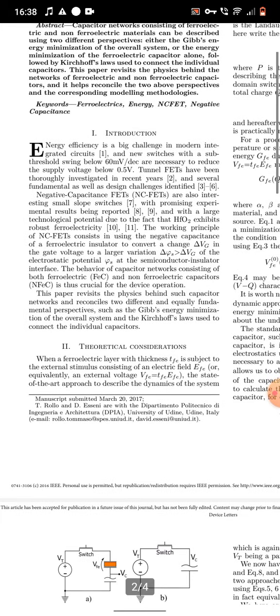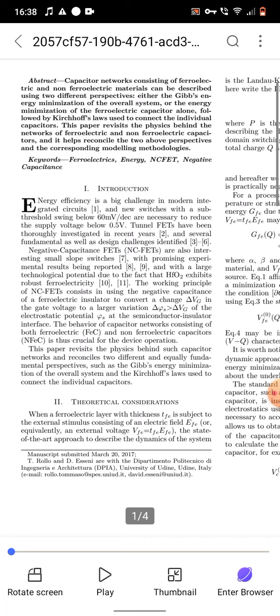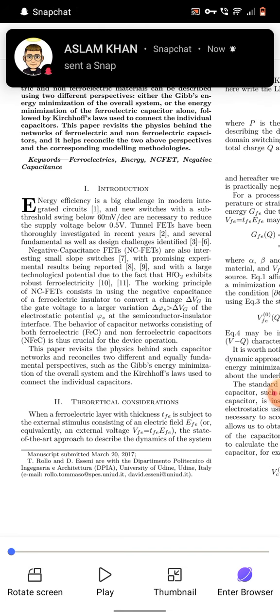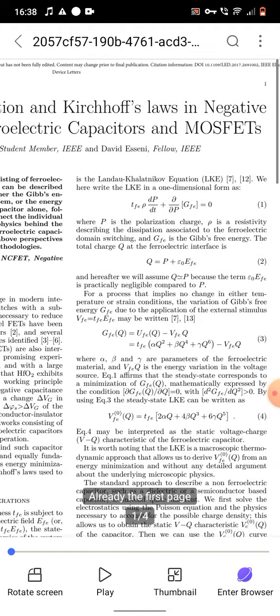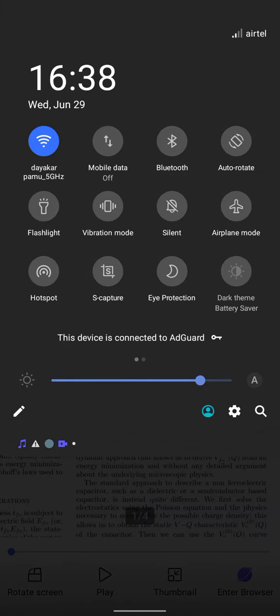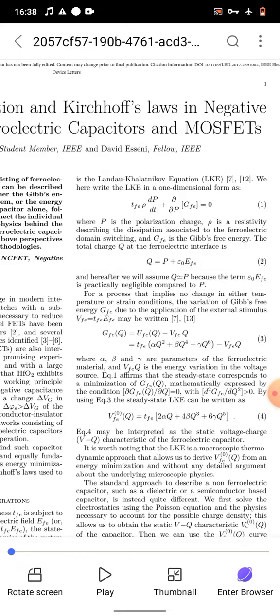Now coming to theoretical conditions. Yes, now coming to theoretical conditions, T. Rollo and D. Ensign are with the Departamento Politician D. D. University of Udine, Italy. Sorry for the disturbance. Is a